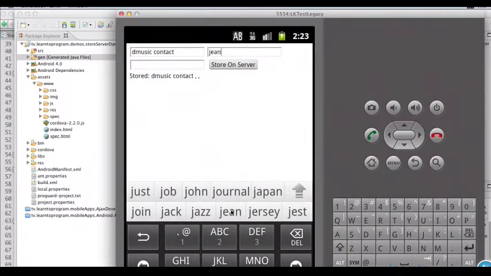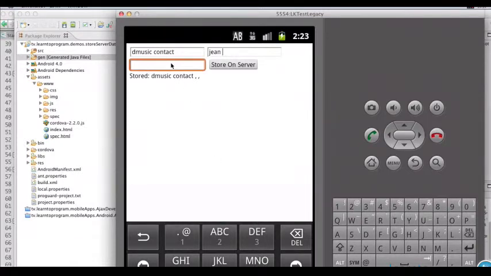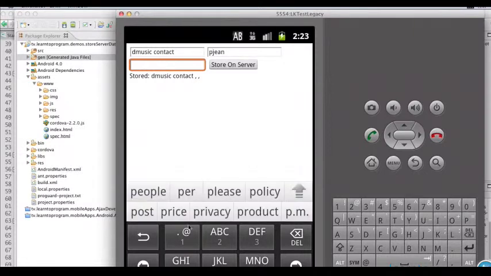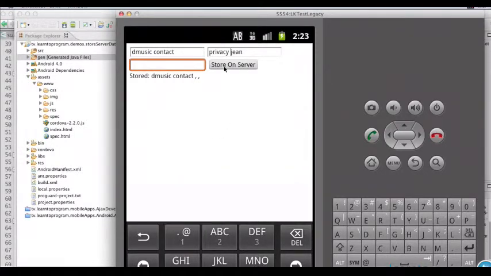Let's go ahead, let's try Gene. Sometimes I get this emulator that's only got the traditional keyboard, like you used to do it, years ago. But we can certainly see that we're getting the correct result. It's going to the server, the server is storing it or whatever it was going to do, and it's sending the correct result back. So that's a little information about storing information from your